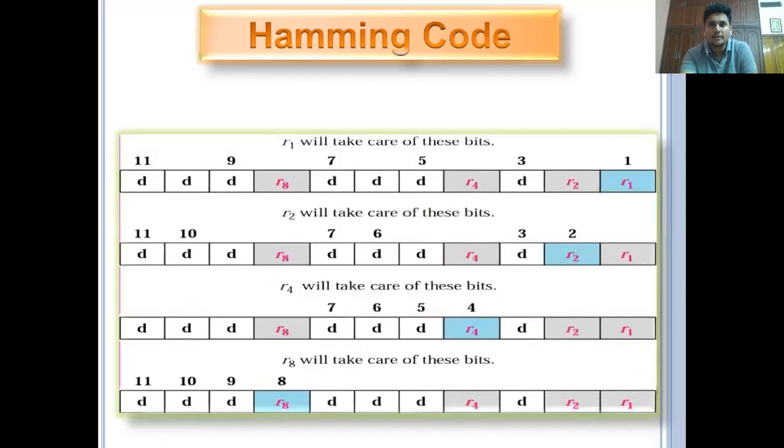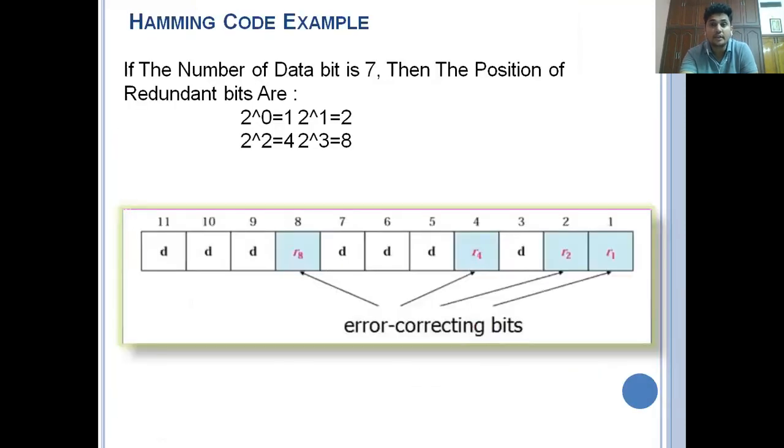I already discussed where we have to add the redundancy bits. That depends on 2 power 0, 2 power 1, and so on, depending upon the frame size. If the frame is 17, we also add one at the 16th location. If the frame is 32, we can add at the 32nd location too. So 2 power 0, 2 power 1, 2 power 2, 2 power 3, 2 power 4, 2 power 5, 2 power 6, depending upon the frame size, you can add the redundancy bits. Here the original data is only 7, so you can add just 4 redundancy bits.